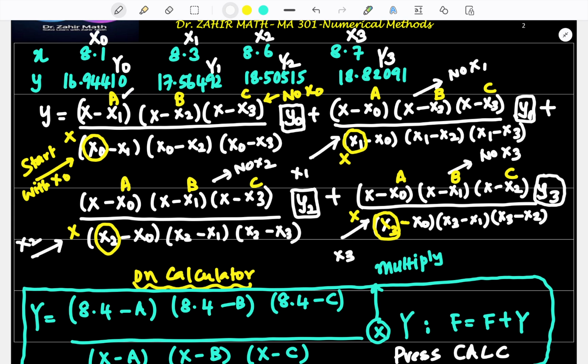8.3. Press equal. It will ask B. What is your B? B is X2. What is that? 8.6. Press equal. Then it will ask C. What is your C? C is X3. What is that? 8.7. Press equal. It is asking capital X. What is your capital X? X0. What is your X0? 8.1. Press equal. It is asking Y. This is your Y0. What is your Y0? Your Y0 is